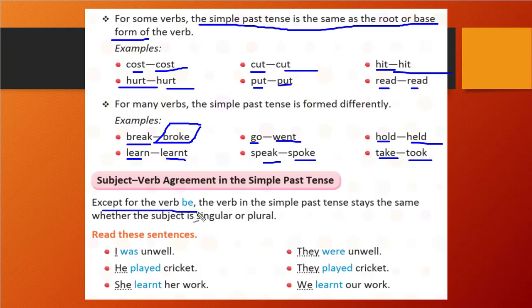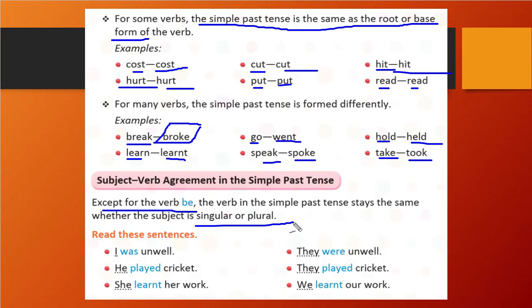Remaining all verbs will not get changed. They stay the same in the simple past tense. In the simple past tense, it remains the same whether the subject is plural or singular. It does not matter. If you are thinking about be verbs, that is am, are, and all of those are be verbs. Those we call be verbs. You remember that.